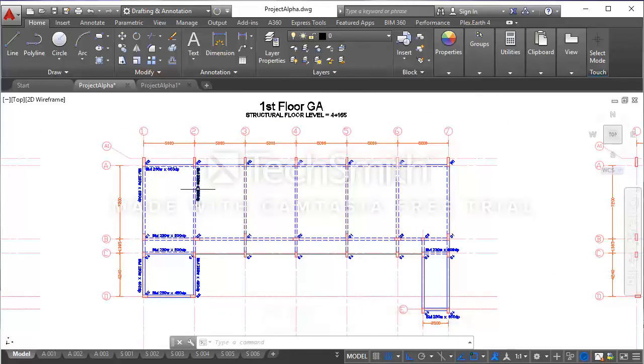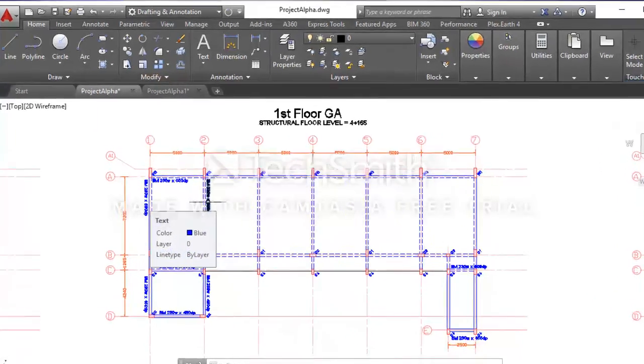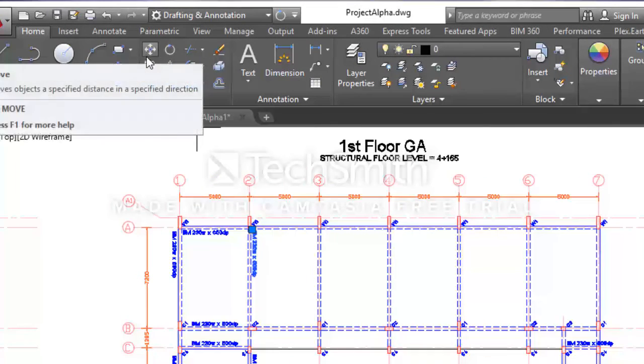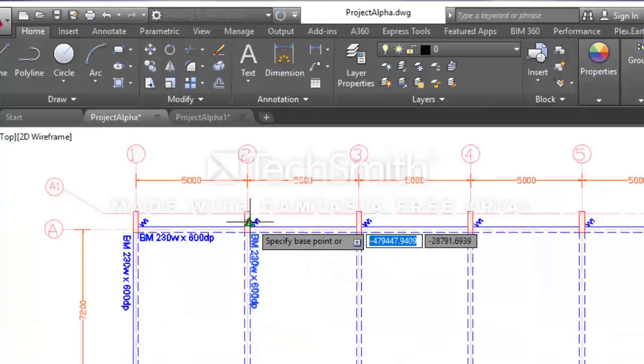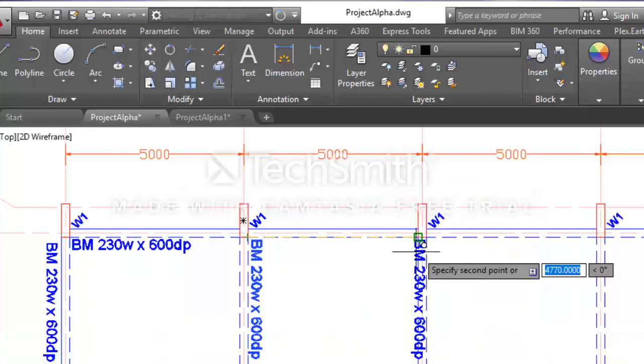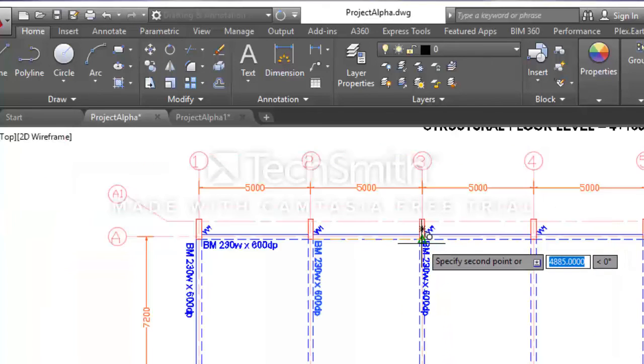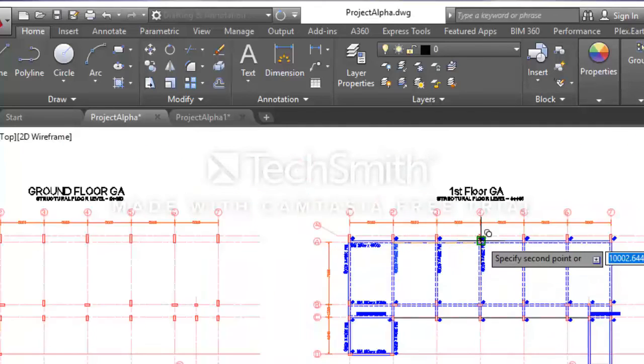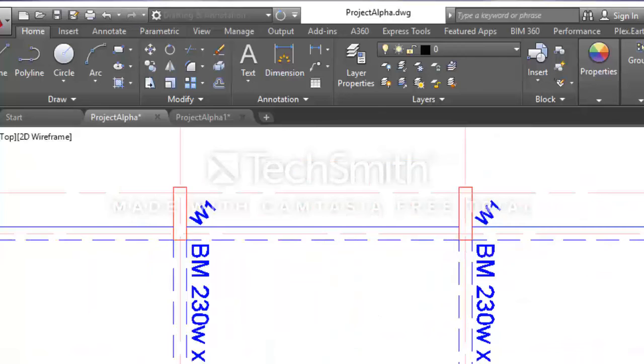So I will duplicate this label for the beam along the line 3 A to C. So I've selected the label. I will copy it for grid line 3. I'll do the same thing for grid line 4.